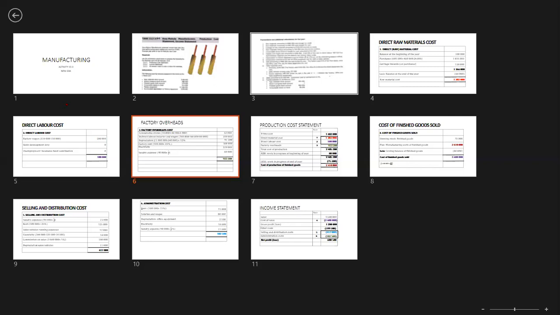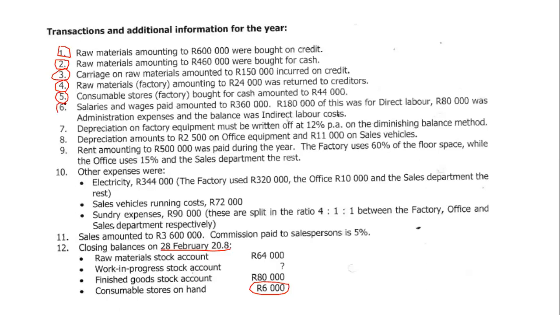Let's go to number 6. 180,000 goes to our direct material cost, yes. And then 80,000 goes to our admin. Correct. And then